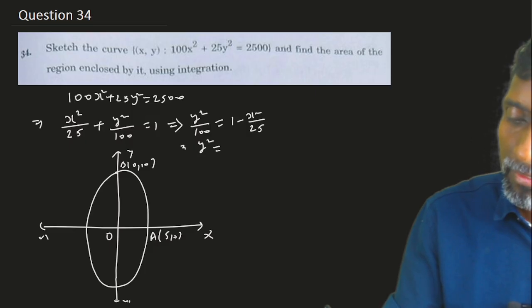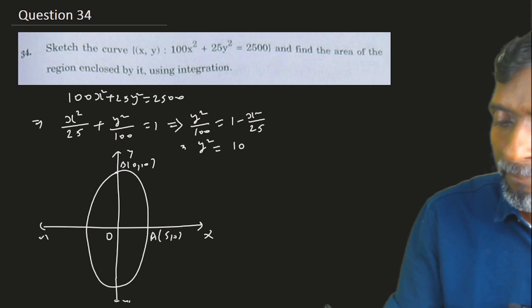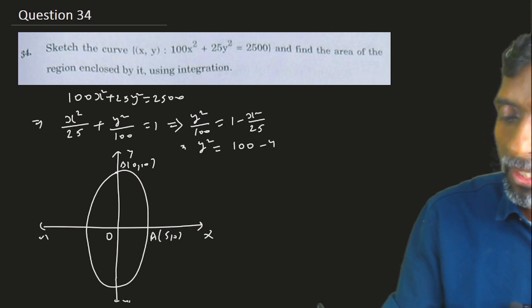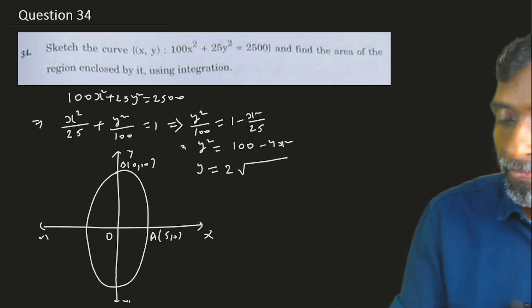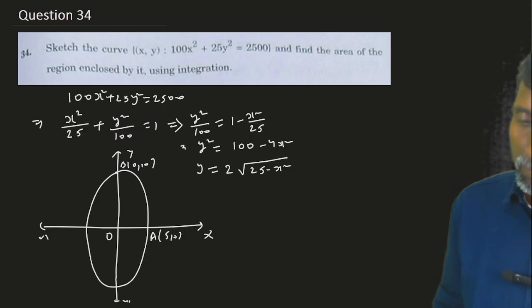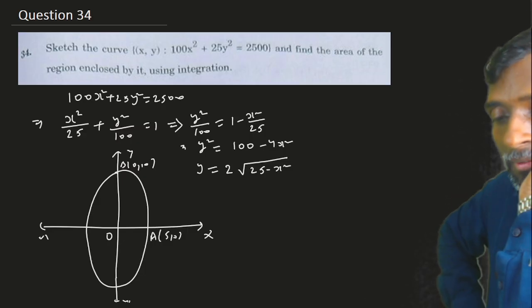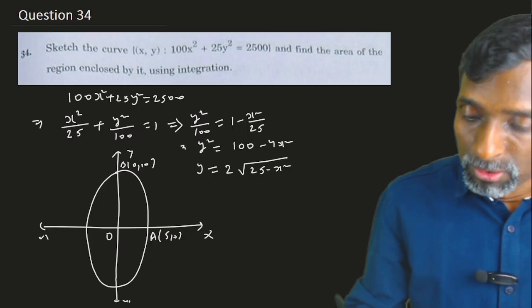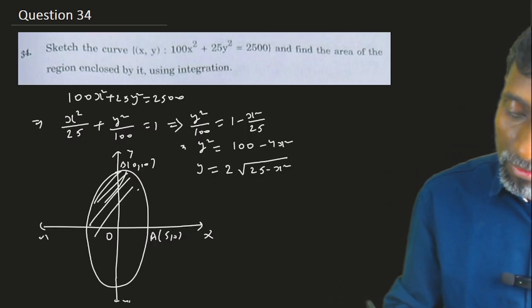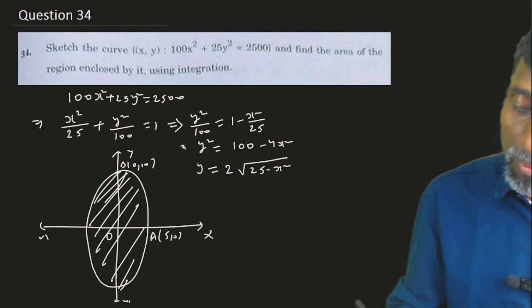taking 100 in the denominator, it is 100 minus 4x square. So y can be written as 2 root 25 minus x square, right? We have taken 4 common, so 25 minus x square. Correct. Now to find the area of the whole ellipse, we can find the area of OABO